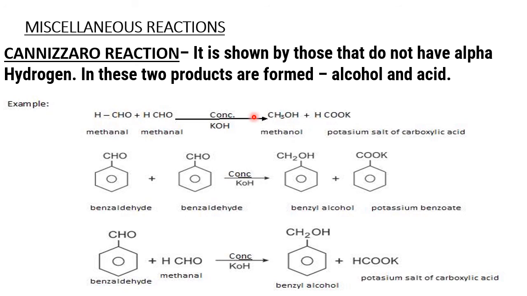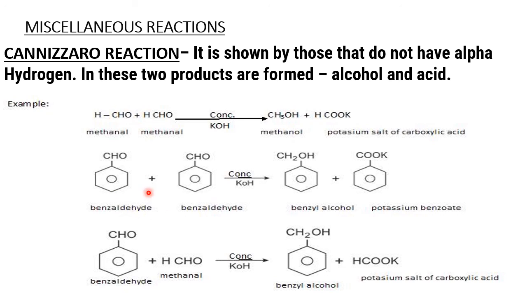What do you get here? We get the corresponding alcohol, and salts of carboxylic acid. Which salt? Which alkali you are using? If you are using sodium hydroxide, sodium salt. If you are using potassium hydroxide, potassium salt. So depending upon which alkali we are using, that salt of carboxylic acid is formed along with alcohol.